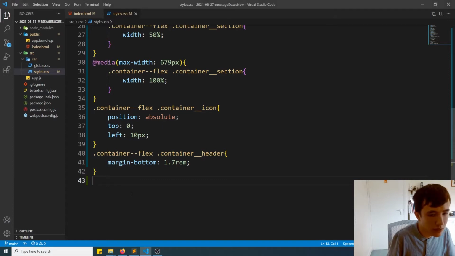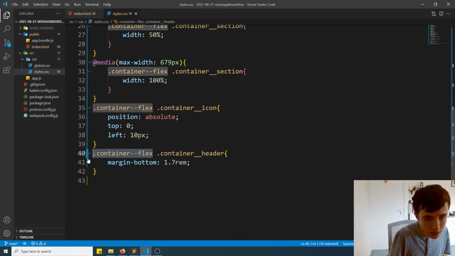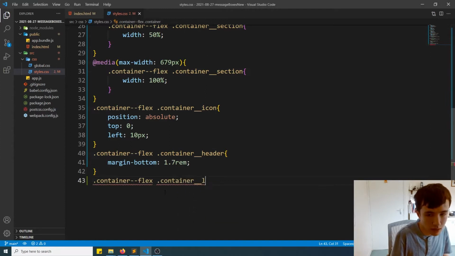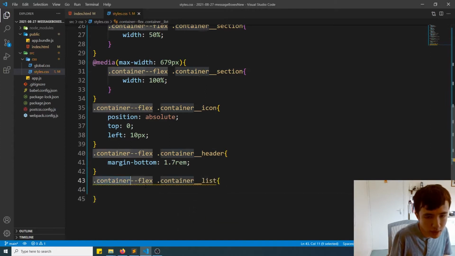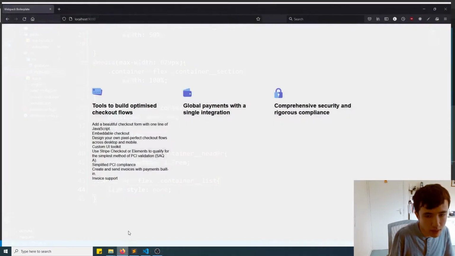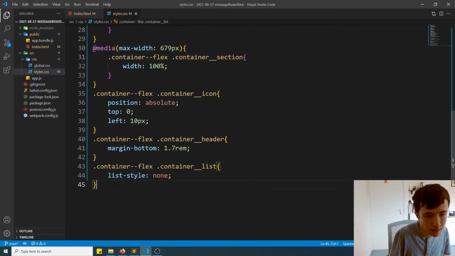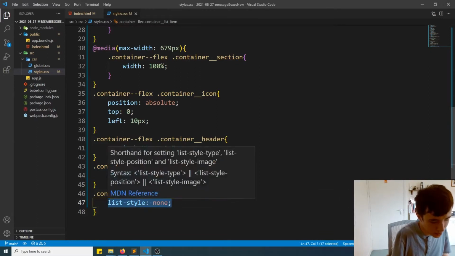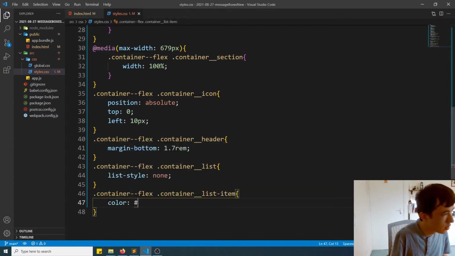So as for removing the full stop, again, we'll only style the container list within the container block with a modifier of flex, and we'll set the list style to be none, so that should remove the bullet point, as you can see, it does. And as for the container list item, the color, so the text color will be a sort of grayish color, and we'll just copy this, you know, because again we're copying a lot, but we don't want to waste your time, so